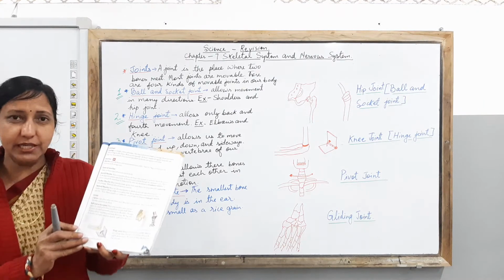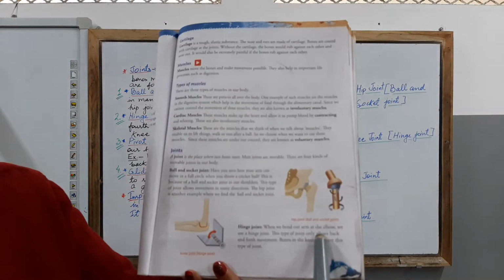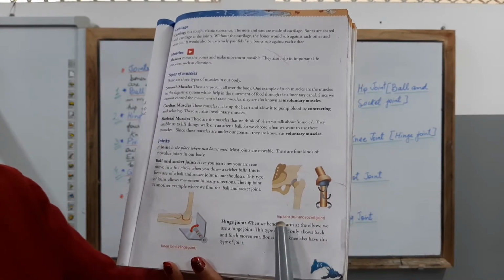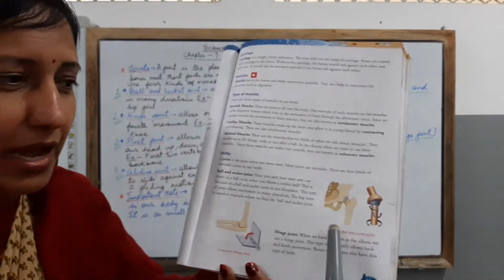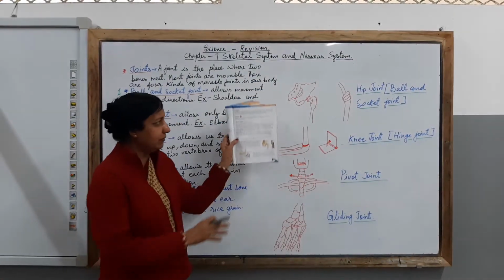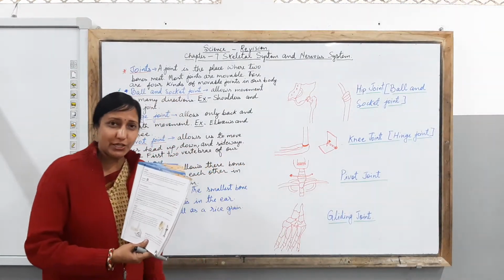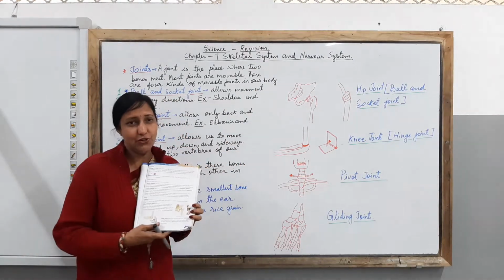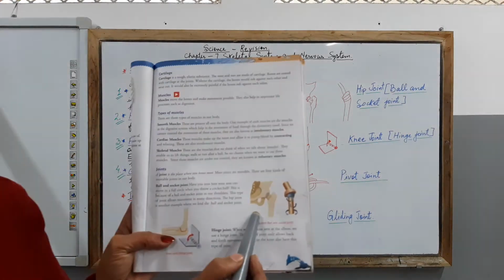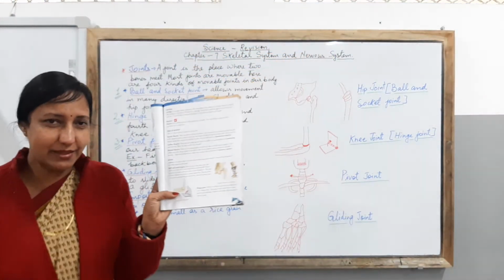And here you can see in your own textbook also, it is shown right here, the kind of ball and socket joint we have, which is located in your hips and in your shoulders. As I have drawn it here with the help of this textbook, you can see the ball and socket joint which is located in your hips and shoulders. With the help of this kind of movement, you are able to do movement in all directions. I hope you understand it like that.